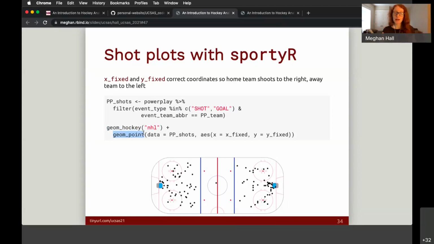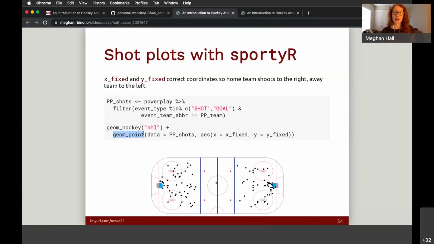You can think of a rink as just a standard coordinate system. You have your X and your Y, with positive values to the right and up, and negative values to the left and down. It's a pretty standard coordinate system. And in the play-by-play data that comes out of Hockey R, there are two separate coordinates. One is just the raw X and Y, which is just where that shot was taken from. And also, this is super handy, there's also X fixed and Y fixed, which has a function already